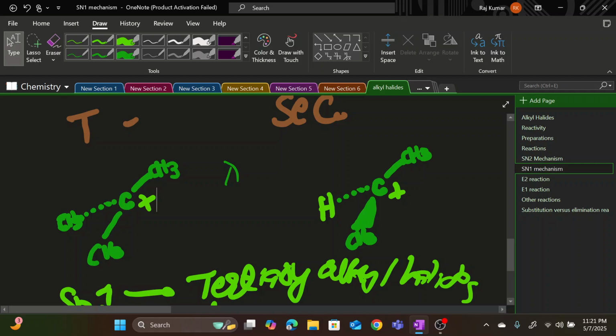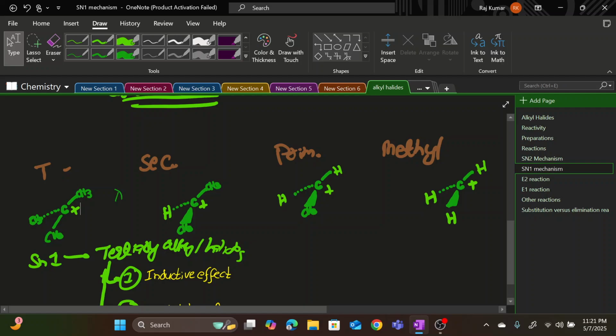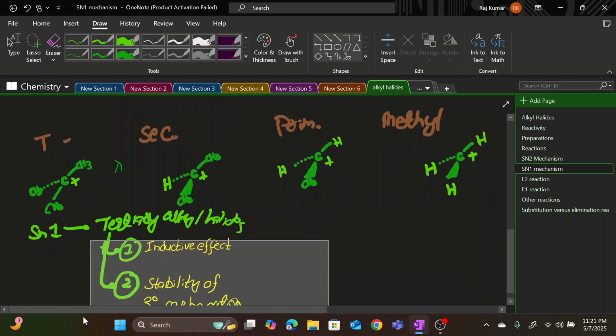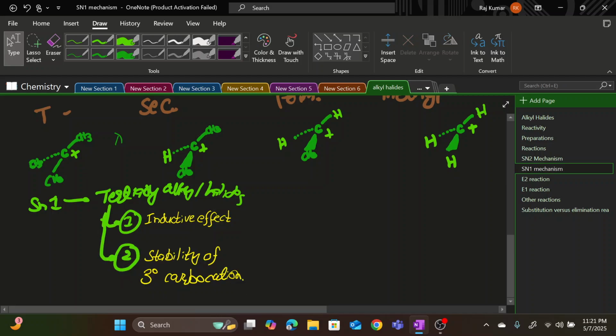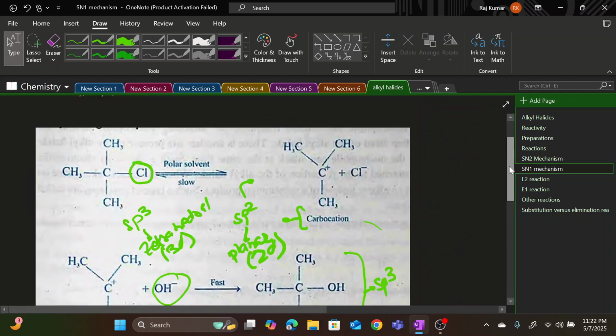That's the reason. The tertiary carbocation is more stable. So, why did I tell you such a long story? Tertiary carbocation